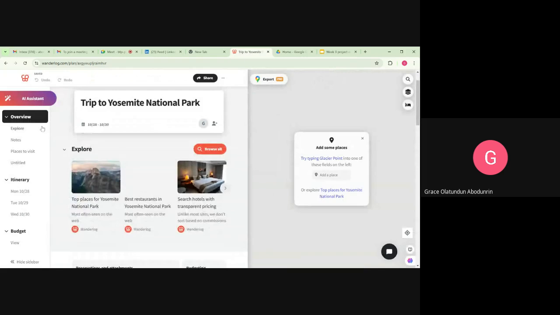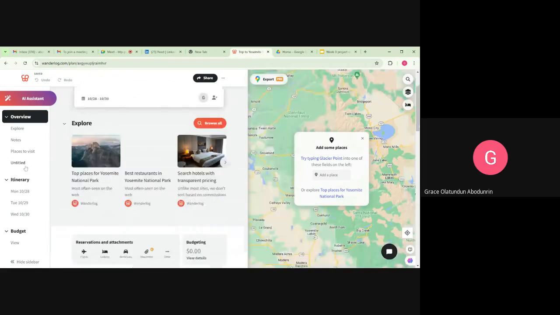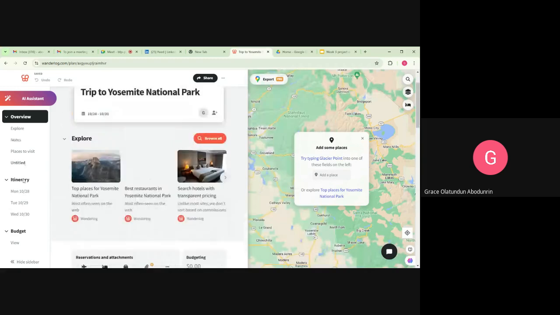I have an overview here. Under overview, I have explore, notes, places to visit, and untitled. So this is the real area where I'm lost. Then itinerary and budgeting. Itinerary is the one that concerns the dates, for each of the days you selected. Oh, that one is straightforward. So where we're having the issue,